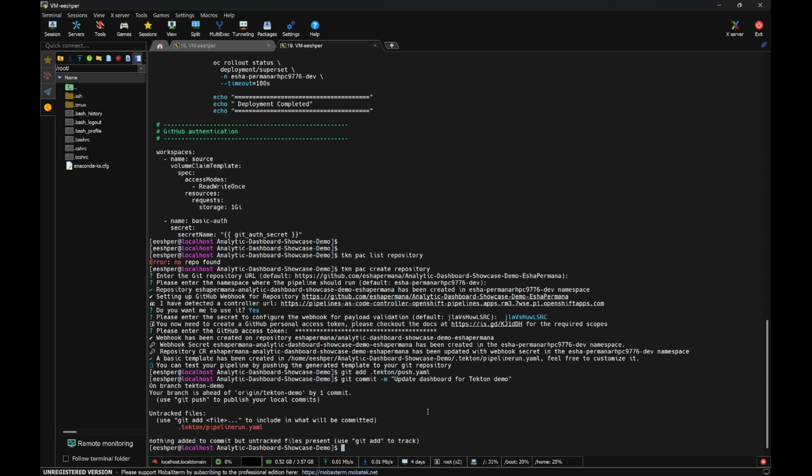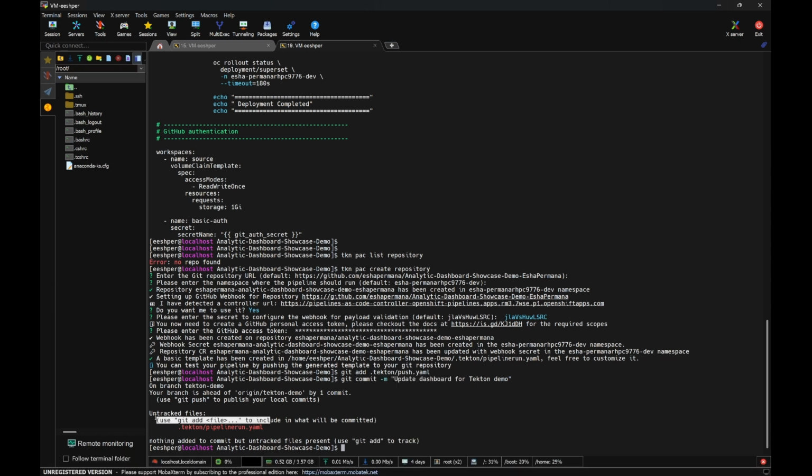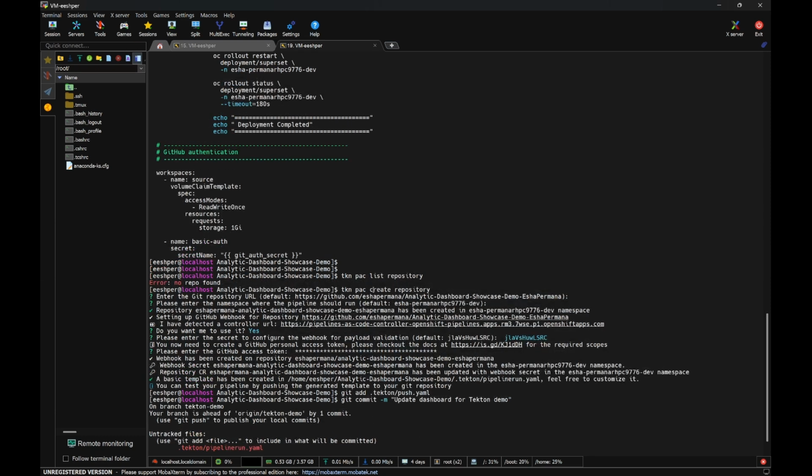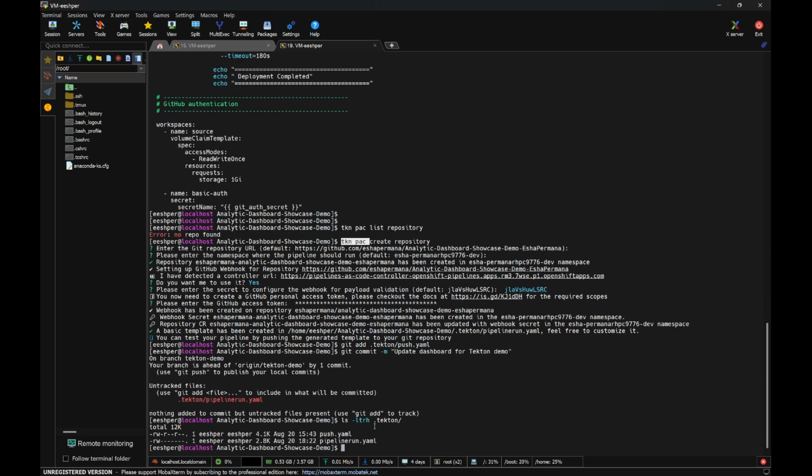Git commit. Yeah, we can ignore this because when you create your repository, tkn pac create repository, it will create some template, so we can check. Yeah, because we use this, we can ignore this, or we can git rm.